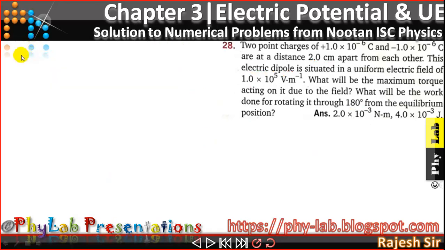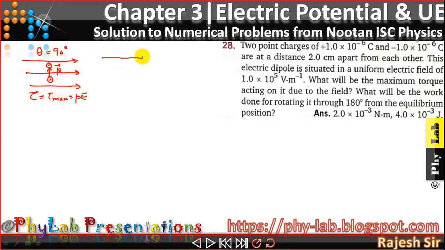As we just now discussed, when a dipole is placed in an electric field at different orientations, making different angles with the electric field, the torque value varies. So friends, if the dipole was placed perpendicular to the electric lines of force or electric field, we just noticed that the torque was maximum. When theta was 90 degrees, the torque was maximum, and we just found out that the value was PE, isn't it friends?